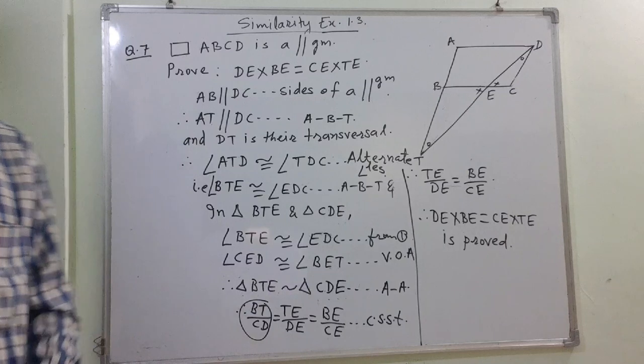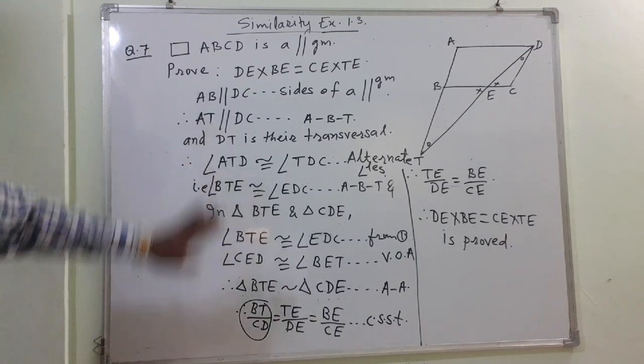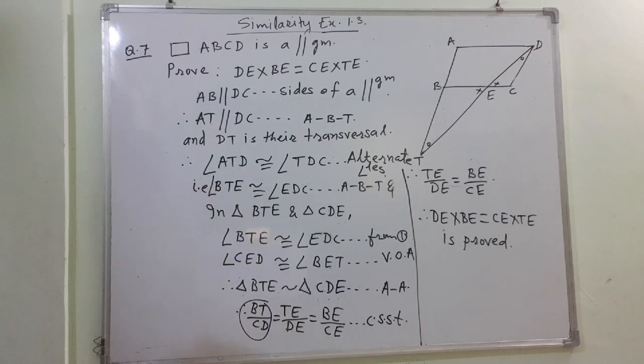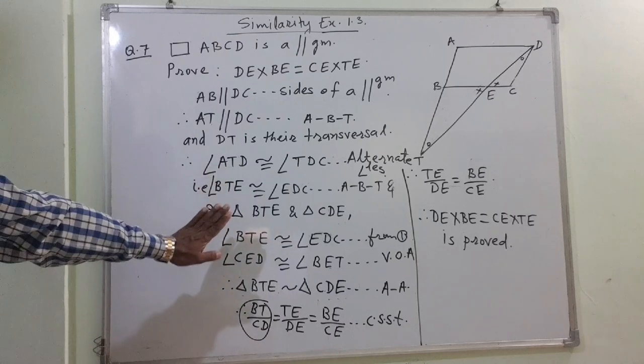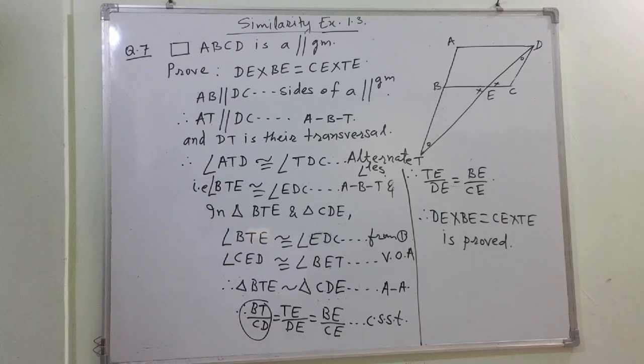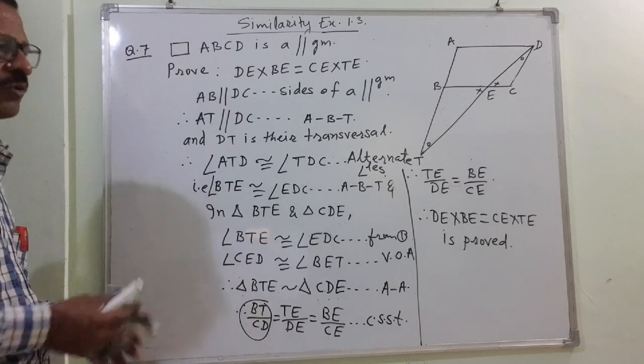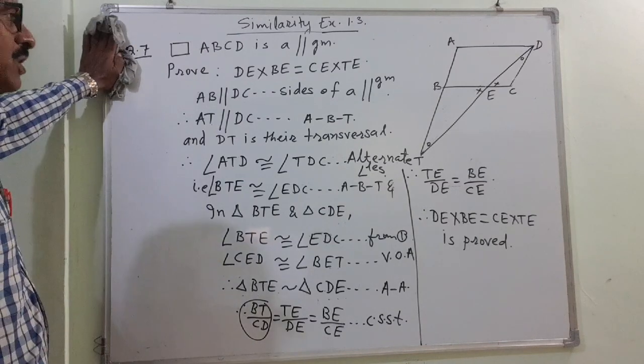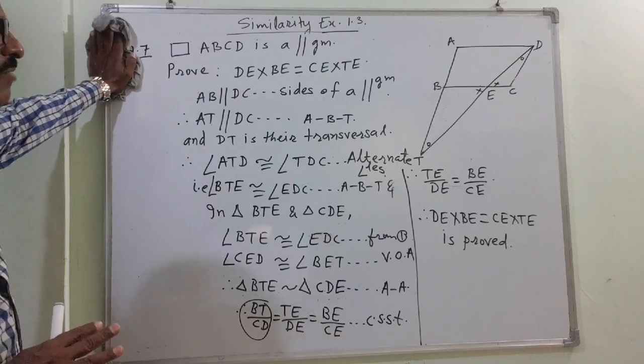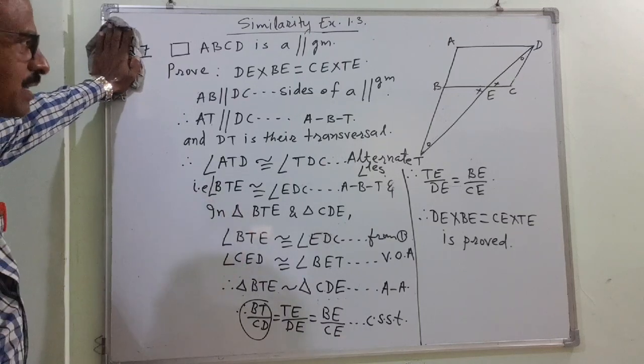This theorem is very important, that's why I have taken it very elaborately. And another theorem, the proof is very essential. This proof is essential. Then another one is the ninth proof. That is also very important, and students struggle in that proof. So this is all with this question number 7. Hope that you have written this along with me.